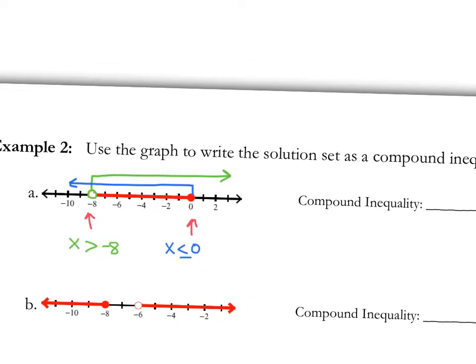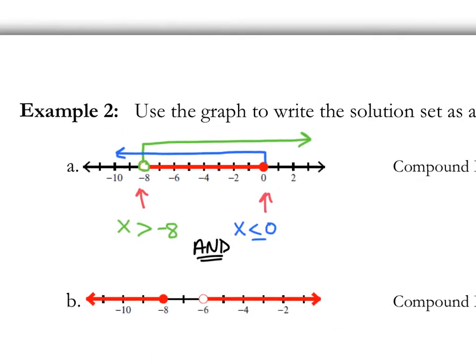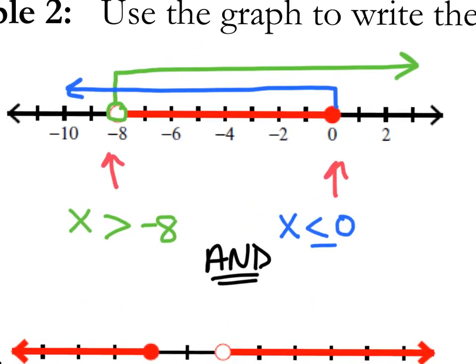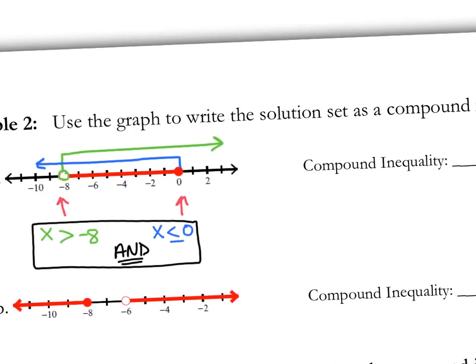How can I write that? I could, actually, I'm done. I can just keep it like this, but I would want to make sure that I include the word and. And there is one more way to write that, so that I would accept this as a final answer, you guys. I would accept X is greater than -8 and X is less than or equal to 0, but I would also accept